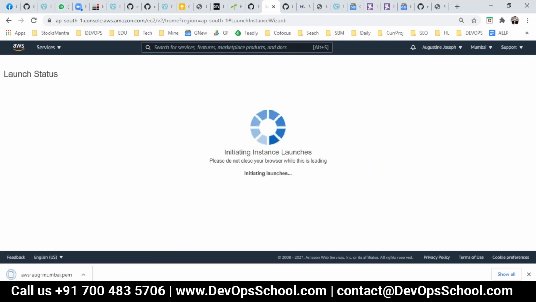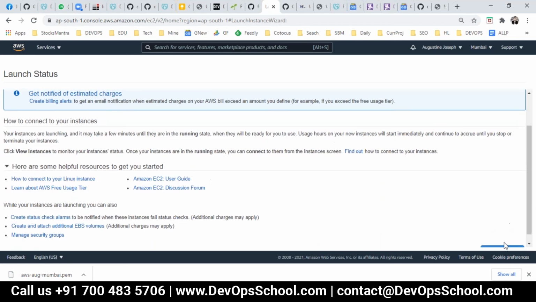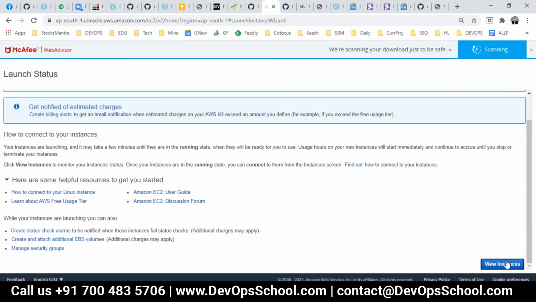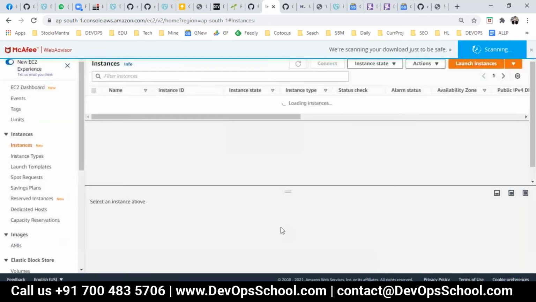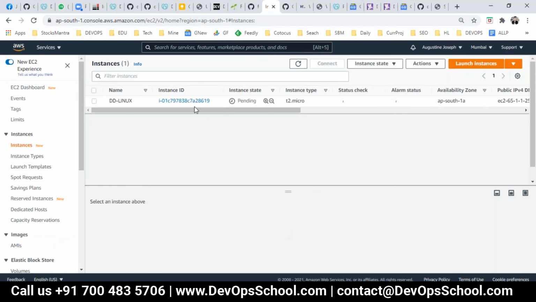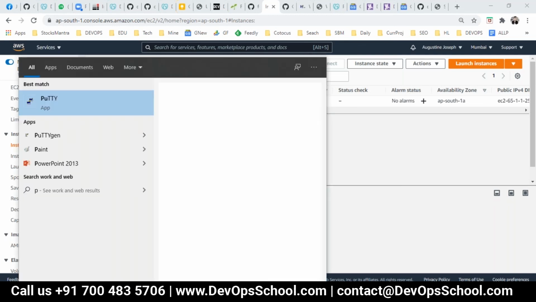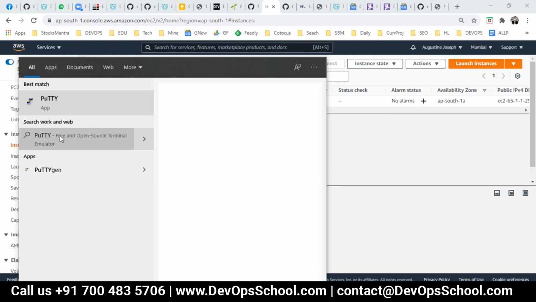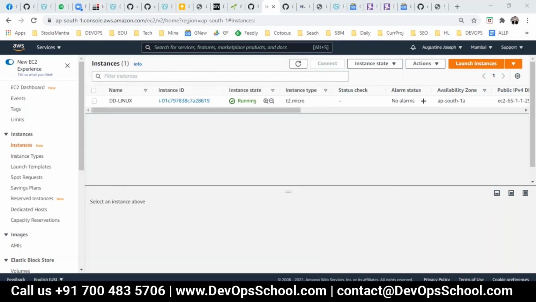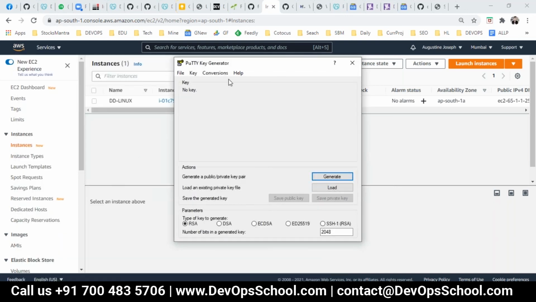I launch the instance. Done. So my instance is ready. Meanwhile, I'll convert the PuTTY PEM to PPK, which you know, I believe.